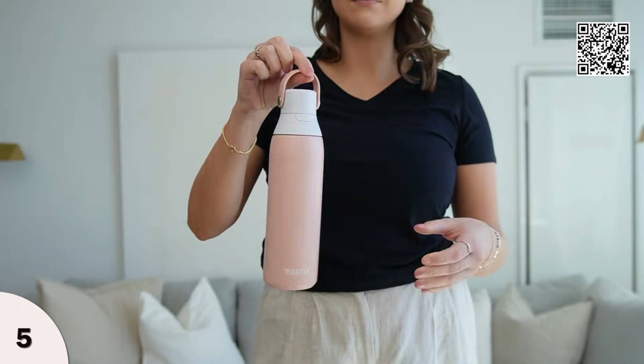If you're going to a major city, you can drink the tap water. Like Rome, they have fountains everywhere that you can refill these water bottles in. For me, the extra filter just gives me a bit more peace of mind. Now, the filter lasts up to 2 months, so you can bring this on your trip and then replace the